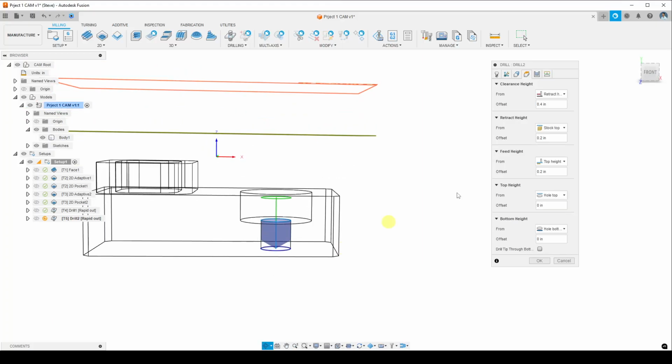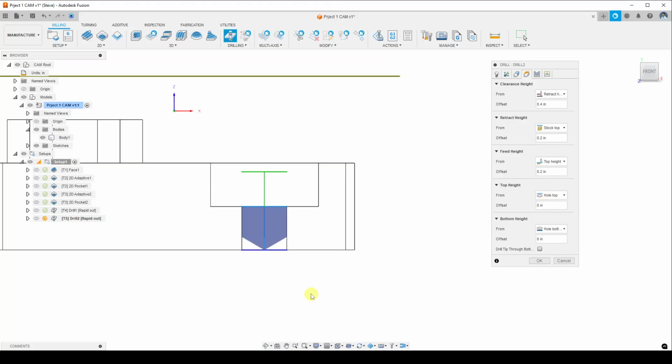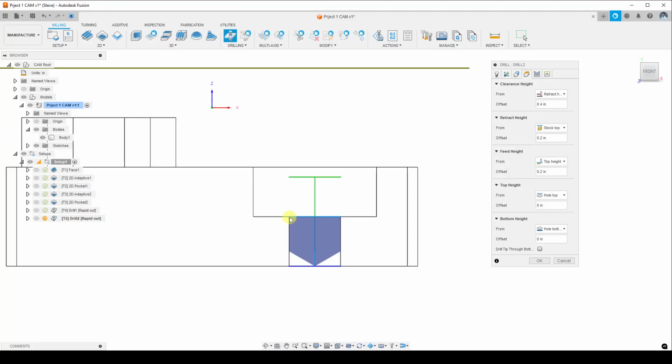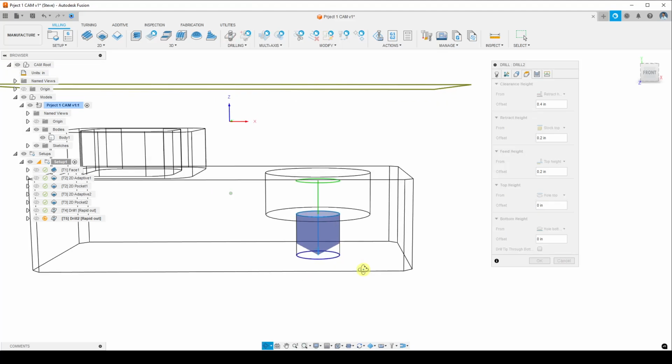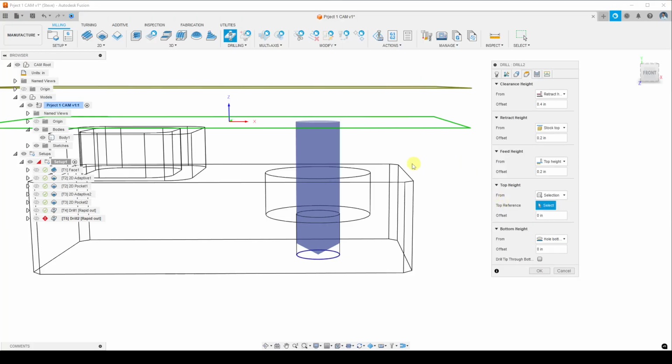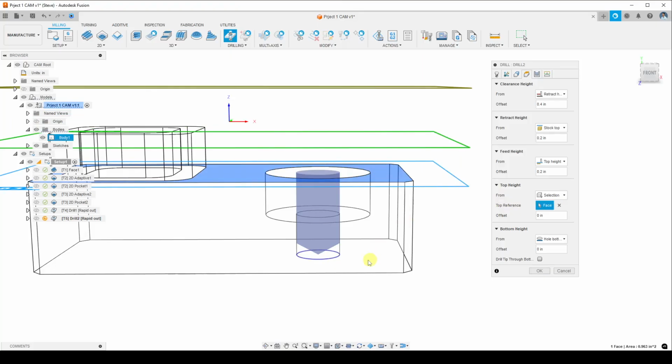Okay, so a couple things here. One, it is starting the drilling at the top of that whole cylinder that I selected and ending it at the bottom, which is not exactly what I want. So what I really want is for it to start the hole at a different place. I want it to start it up here on this top surface. So from top height, I'm going to change that to from selection, and I'm going to select this top surface right here. And so you could see that the shaded blue area is where the drilling is going to happen,